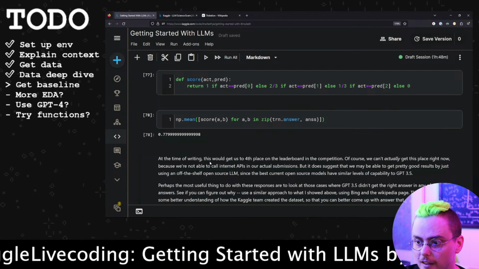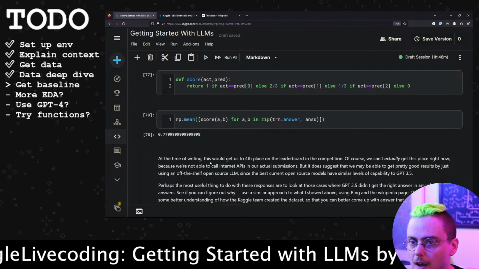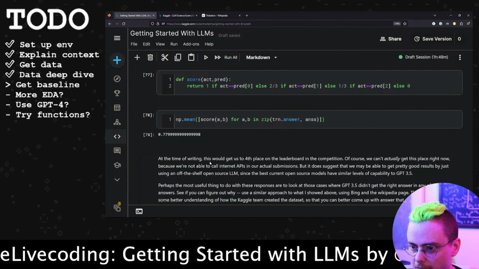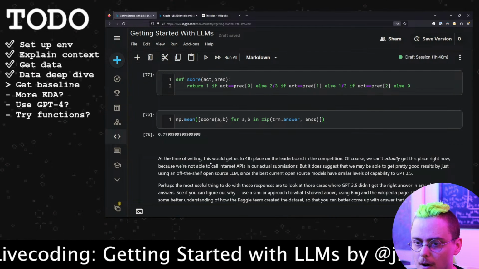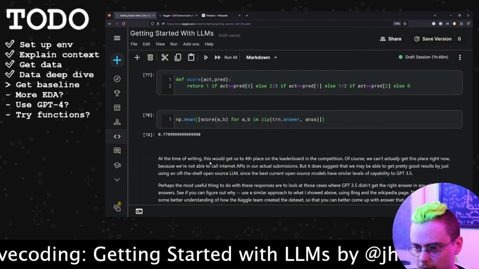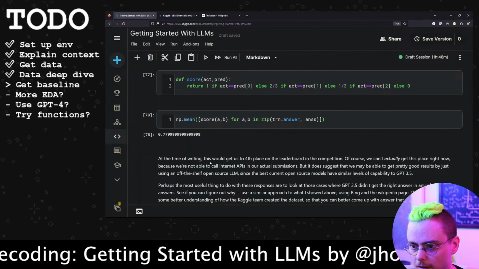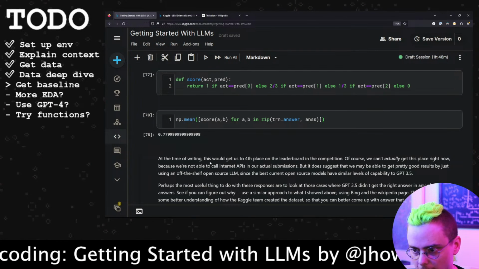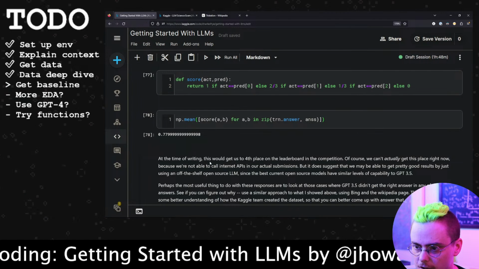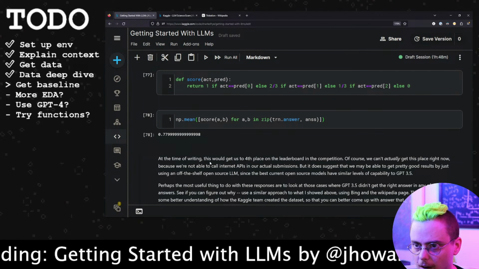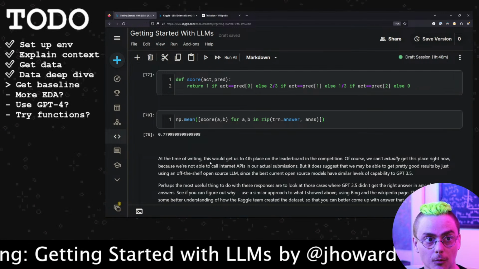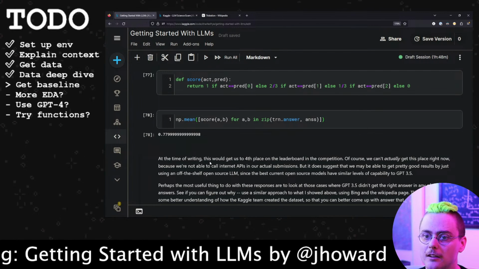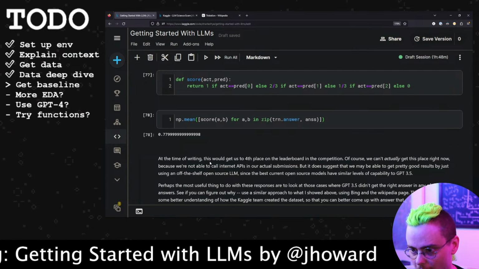This does decently on the leaderboard in the competition, at least at the time that this notebook was written, earlier in the week. This isn't a way to solve the Kaggle competition because you can't call internet APIs in your submission, but it at least says that if you were able to mimic GPT 3.5's capabilities, then you could do decently well in this competition.